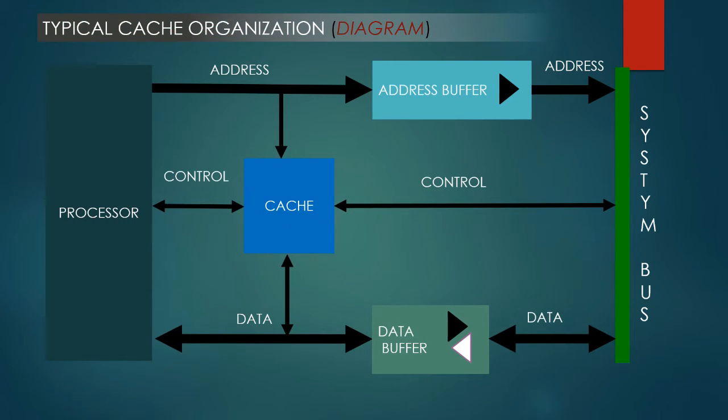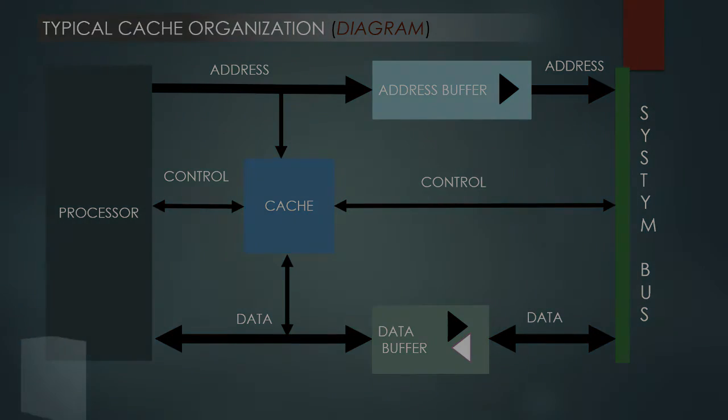We have the diagram of a typical cache organization. In this diagram, we can see the said elements: the processor, cache memory, address buffer, data buffer, and the system bus are connected by the different lines, such as the control, data, and address lines. In this organization, the cache connects to the processor via data, control, and address lines. The data and address lines also attach to data and address buffers, which attach to a system bus from which